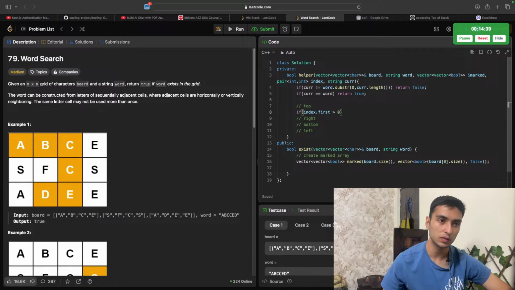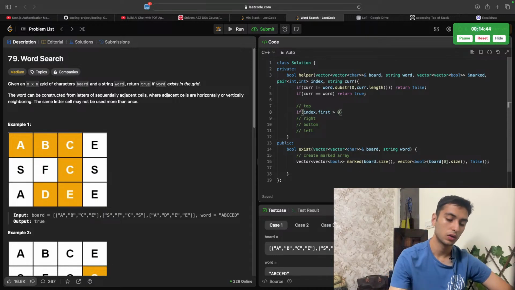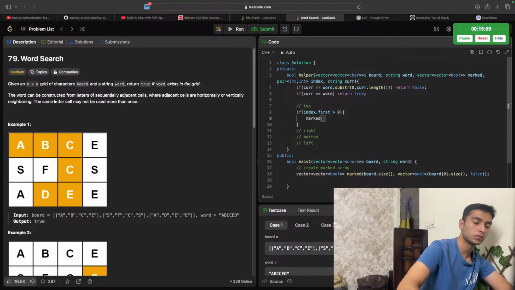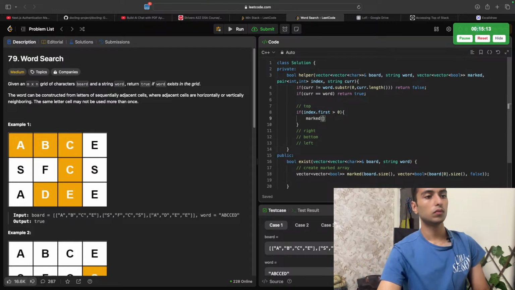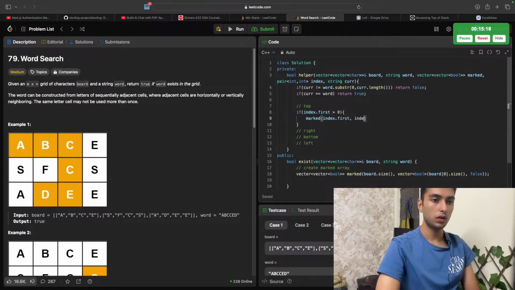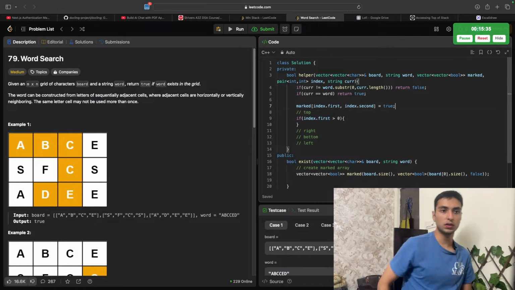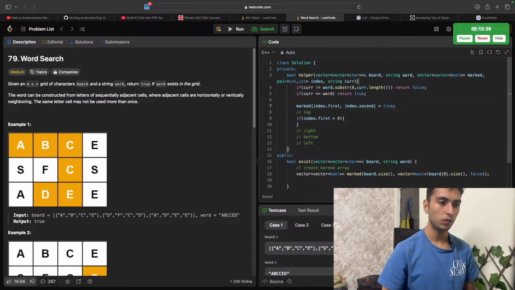If it's 0, that's the only situation where we can't go to the top, right? It should be at least 1. Then, okay, first mark, that should not be this, marked index dot first, index dot second. Well, you gotta mark it regardless, right? So I'm gonna do that, equal to true. Mark index dot first and index dot second as true, and then you move towards the top